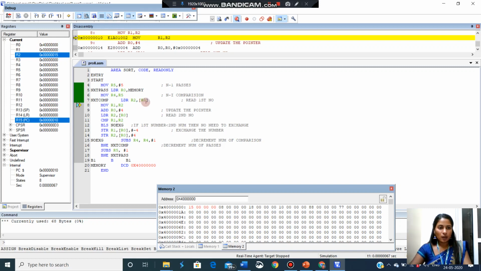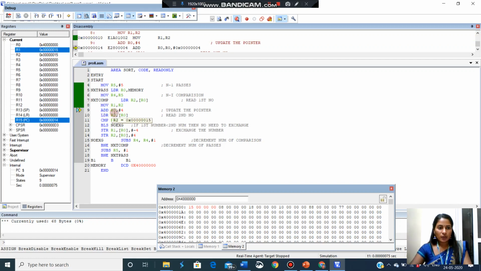From R0, the data 15 moved to the R2 register. The same thing is moving to the R1 register also. So in the next click you can find 15 in the R1 register.